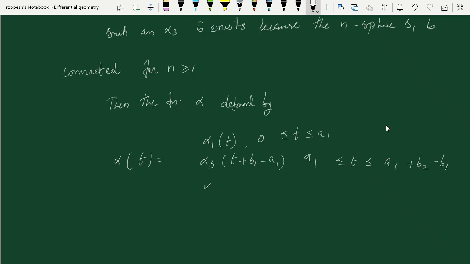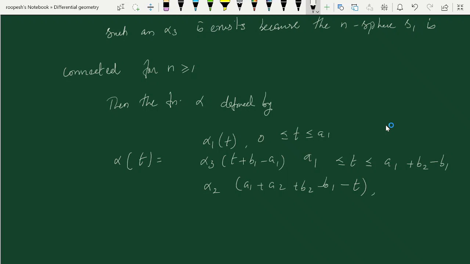And next one, it is equal to alpha 2 of a1 plus a2 plus b2 minus b1 minus t,